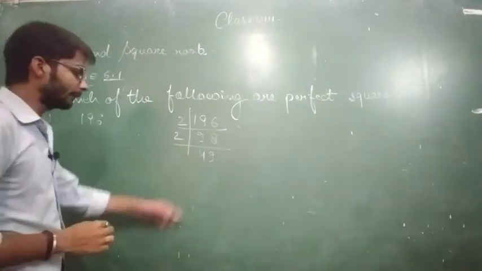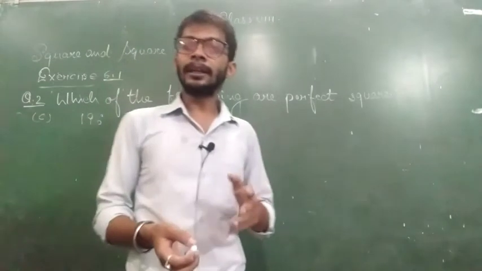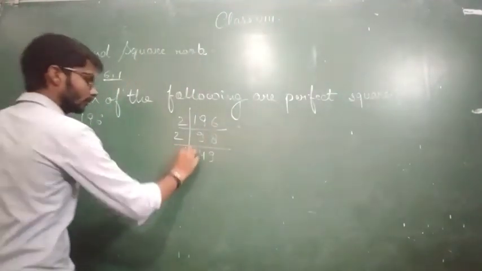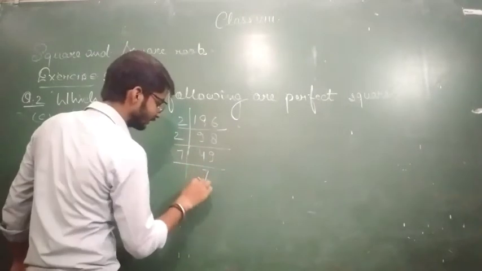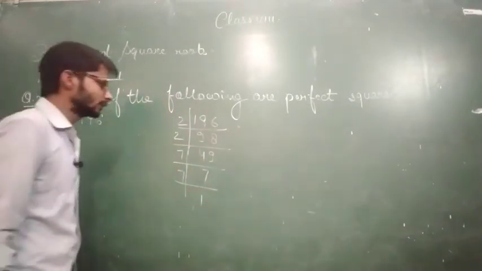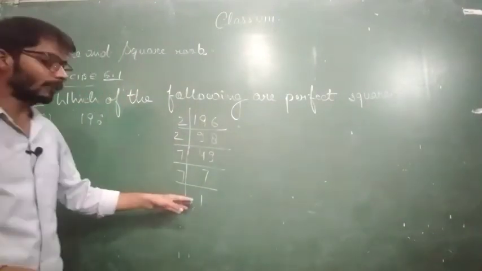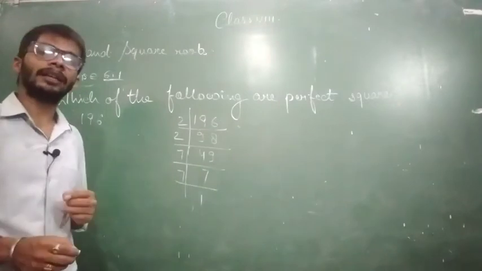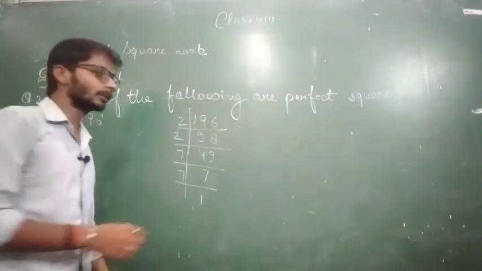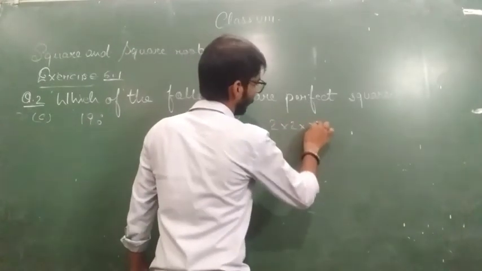Now we have 49, and we know very easily that 49 comes in the multiple of 7. So here 7 7s are 49, again 7 divided by 7 gives 1. और हम ये सीक्वेंस तब तक चलाते हैं, फॉर्मेट तब तक करते हैं जब तक हम 1 तक नहीं पहुंच जाते, तब तक डिवाइड करते रहते हैं. So here we have found the multiplication factors of the given number 196. So write them in the multiplication: 2 multiplied by 2 multiplied by 7 multiplied by 7.